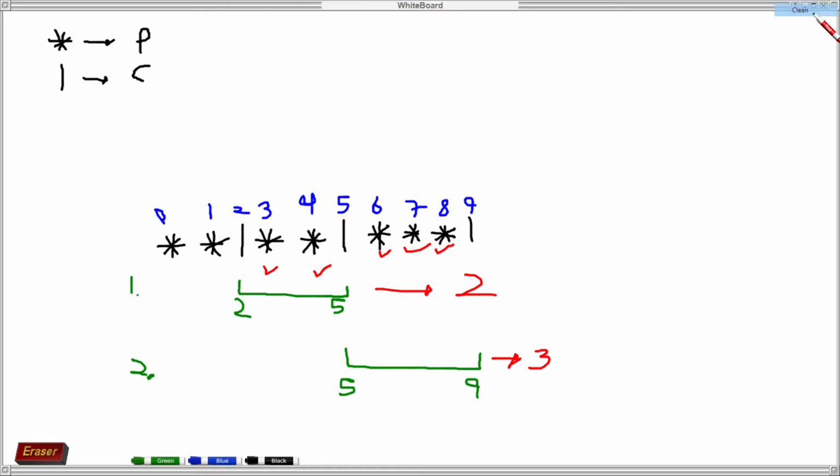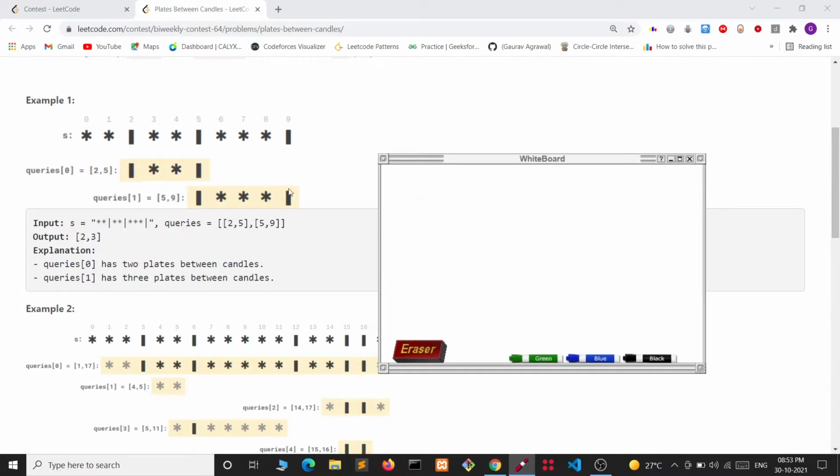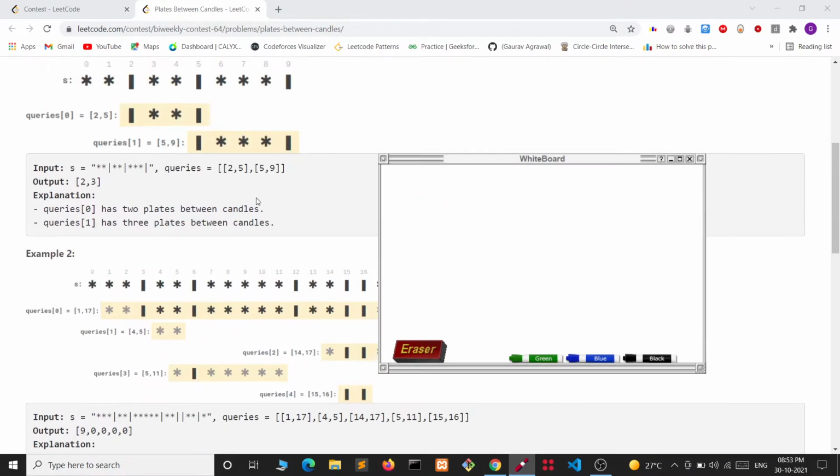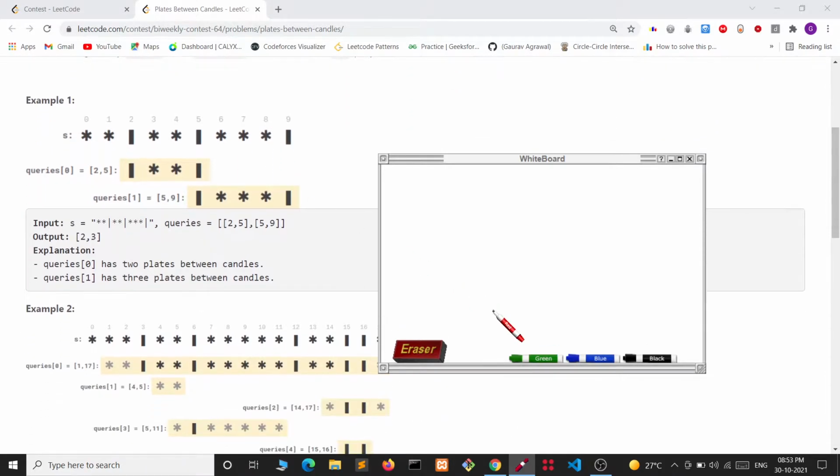Now let's see how we will approach this problem. Let's say this is the whole string, and this is a substring in which we want to find the number of plates. Let's say we are on this ith plate.